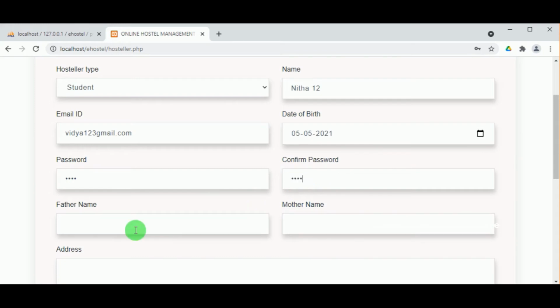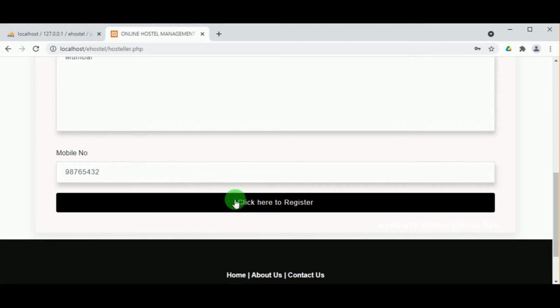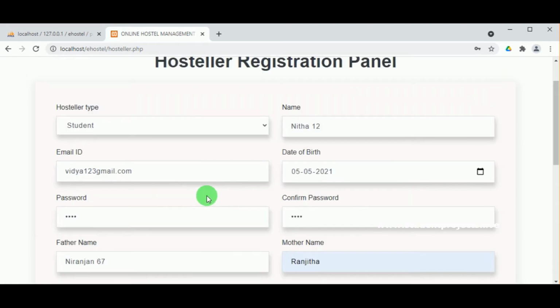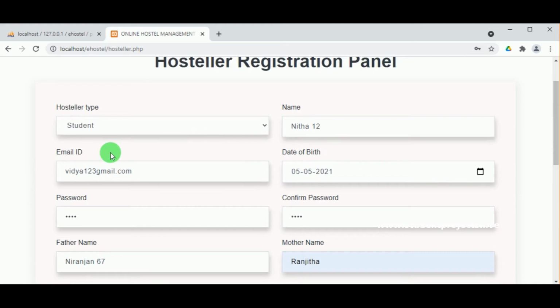Then for the father name, let's give some digits, then the mother name and the address. Mobile number should be 10 digits; I'll give fewer than 10 digits. Now let's click here to register. The form is not forwarding, it is not accepting the data.